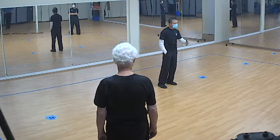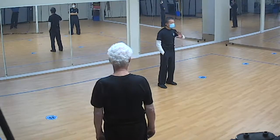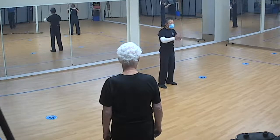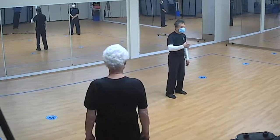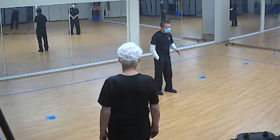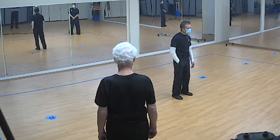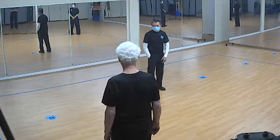So if you're concerned with direction of force, you want to have them compatible, because if you want something to go this way, then the forces have to go this way. If you want the forces to go this way, then it has to be compatible with that, with the whole body getting involved. But the body's not always involved in the beginning because there's too much stiffness. That stiffness is not just because the body's rigid, it's because it doesn't know how to move. How does the body know what to do when you don't teach it? So you have to teach your body how to do the rolling, the arcing,